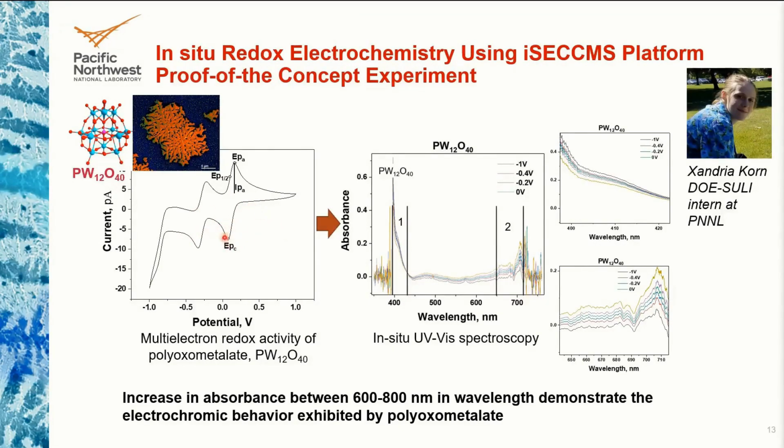this cyclic voltammetric figure. And understanding how this multi-electron redox activity changes when the POM ions are near the surface or on the electrode, as a function of their distribution, is key in many energy applications. For example, if the POM acts as an isolated molecule, we usually observe a high reactivity. But when the POM aggregates near the electrode and forms very nice snowflake-like structures here, the activity tends to reduce because of an impedance in the charge transfer process during the redox